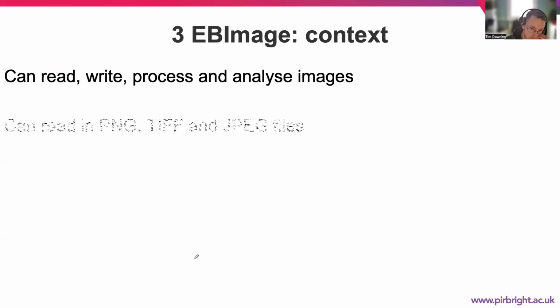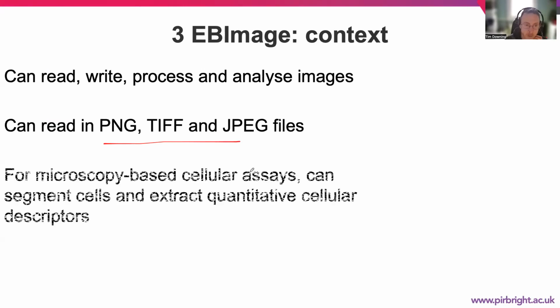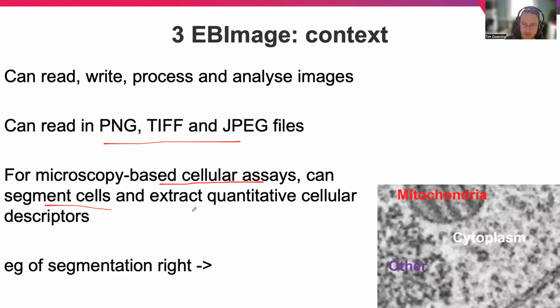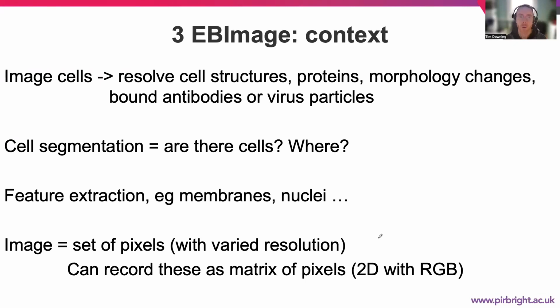So in terms of viewing image types, we can look at PNG, TIFF, JPEG, standard image formats. We can also look at cell assay data so that we can segment cells and extract quantitative information from that. And we can look at an example of segmentation on the right where we identify different cellular features that are of interest. So what we're trying to do here is resolve cell structures, the proteins, morphology changes, virus particles, antibodies,